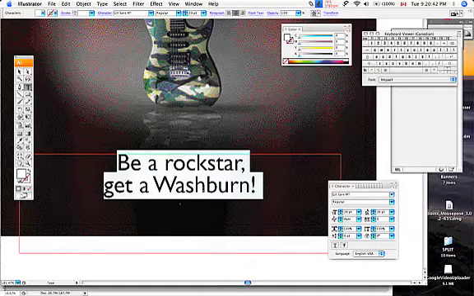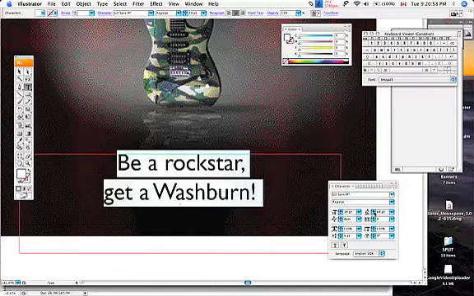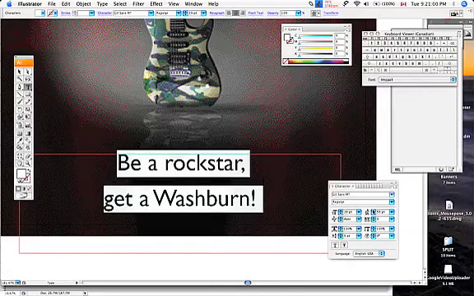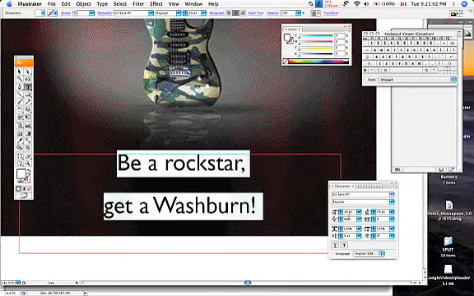It doesn't become 4 or 5 words. It becomes a statement. Be a rock star, get a Washburn. It becomes a logo, a saying, a slogan, if you will. I mean, we could space all this stuff out. Sorry, we'll go the other way, and you can keep your hand or cursor on it, and you can do this, and you'll see